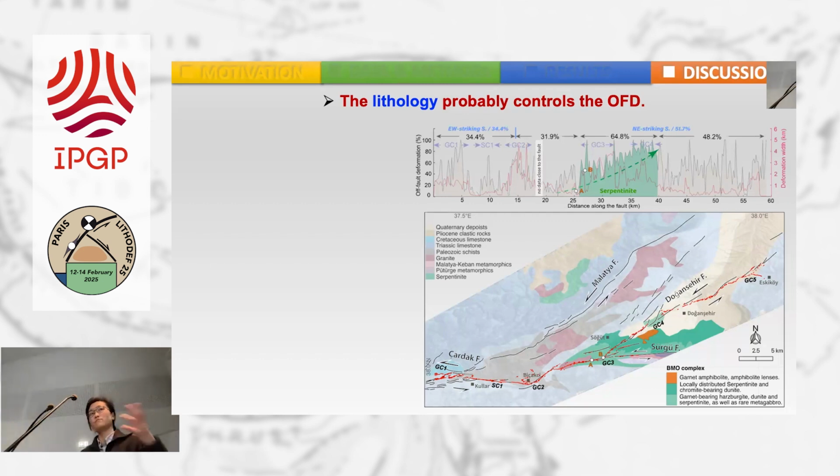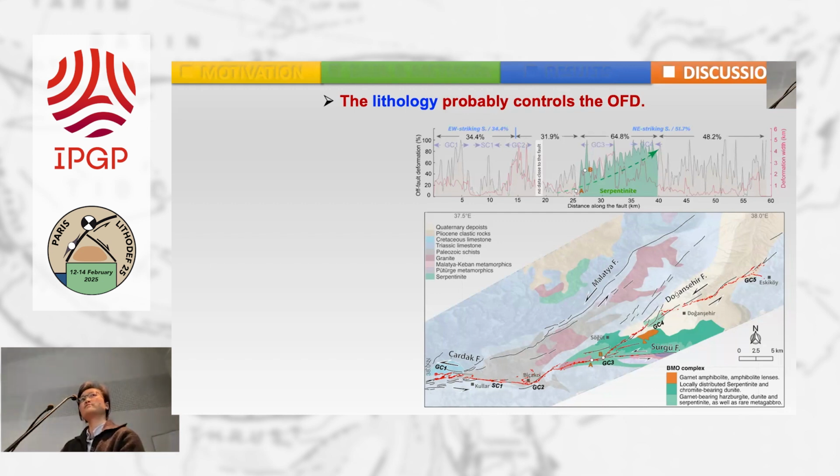From this combination, we can see that at the beginning, the surface rupture almost follows the geological boundary, like between the different limestone, between the schist and the limestone, between the granite and the limestone. But from point A, the surface rupture began to propagate into these greenish patches, which is a buried metamorphic ophiolite complex. First, the rupture propagated into this light green area, which mainly includes serpentinite, and then it goes into the dark green area, which also has locally distributed